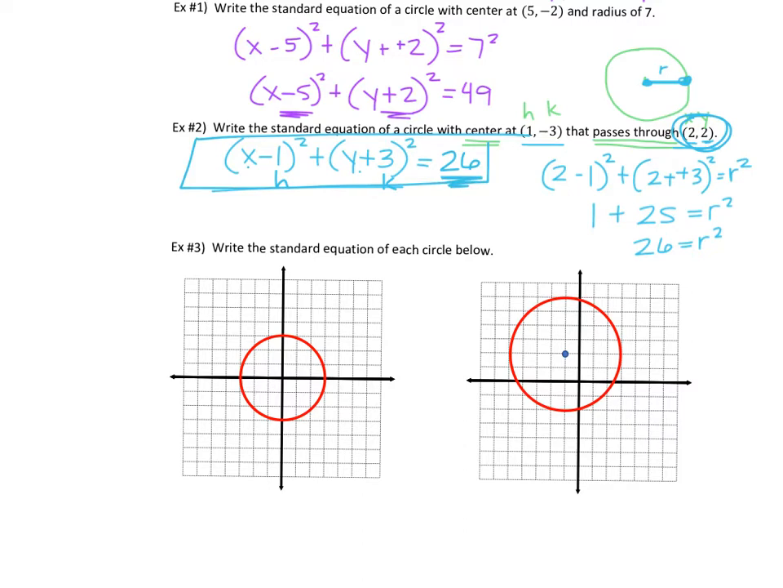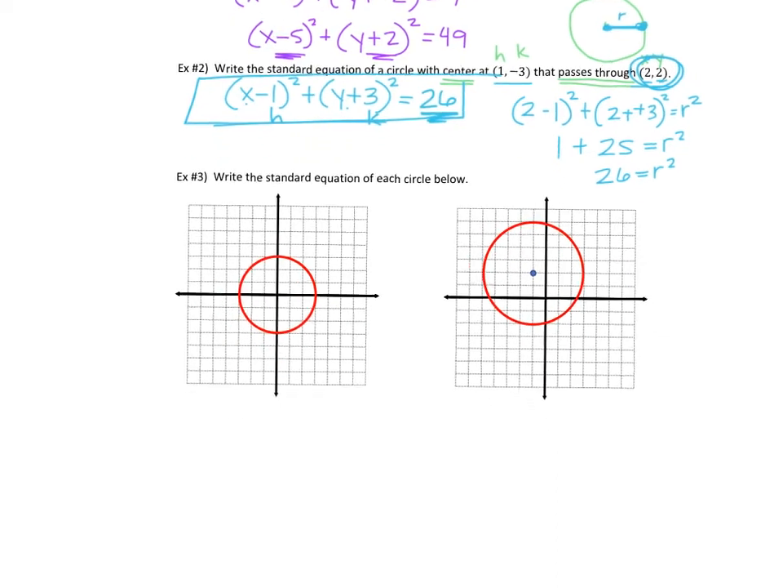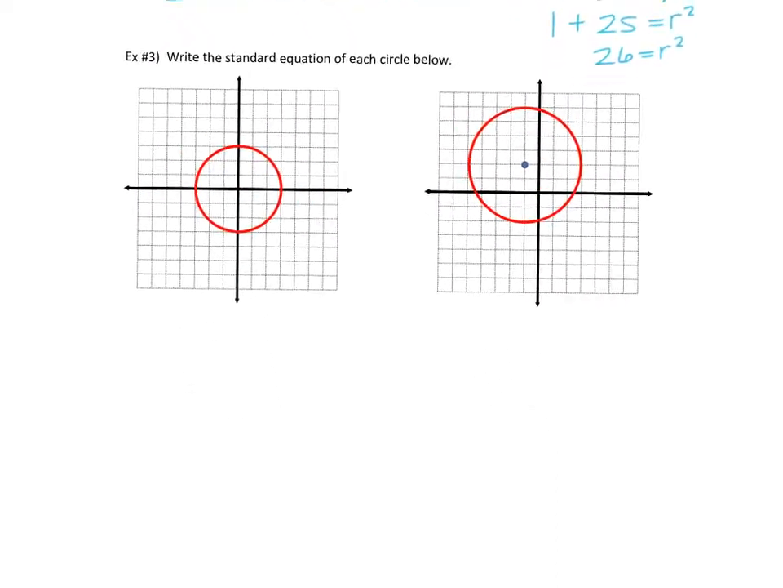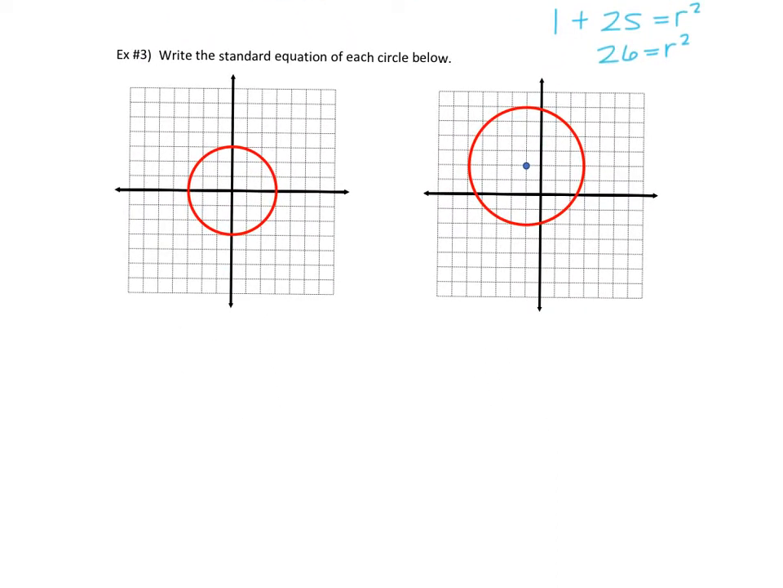Okay, so last thing here, we're just going to take a look at these graphs and write the standard equation from these graphs. If you notice, your center here is (0, 0). So that's helpful information. And then we also need a radius in the standard form. Well, our radius goes from the center to the circle, so you could go here, here, here, or here, and easily count your radius. Your radius is 1, 2, 3 units. So a radius of 3 with a center of (0, 0)